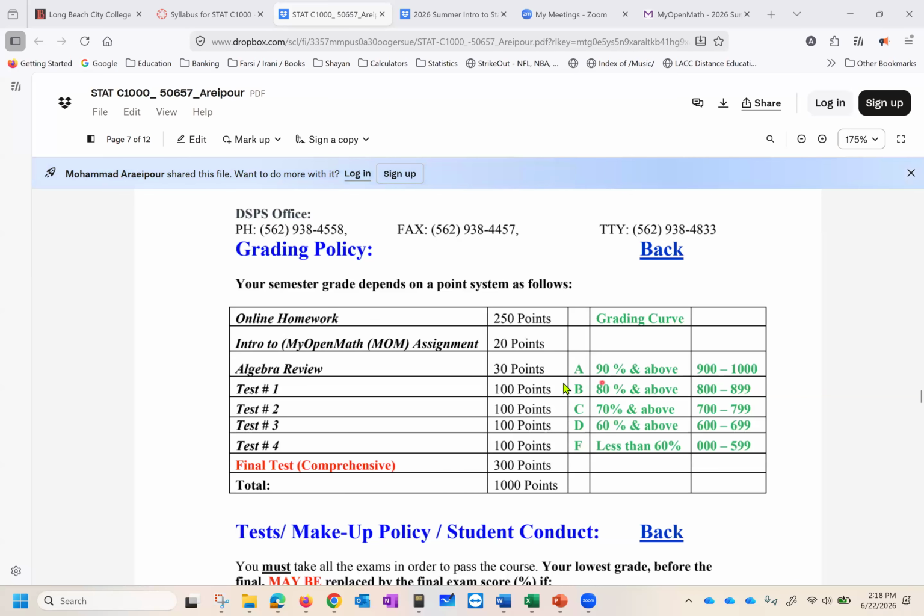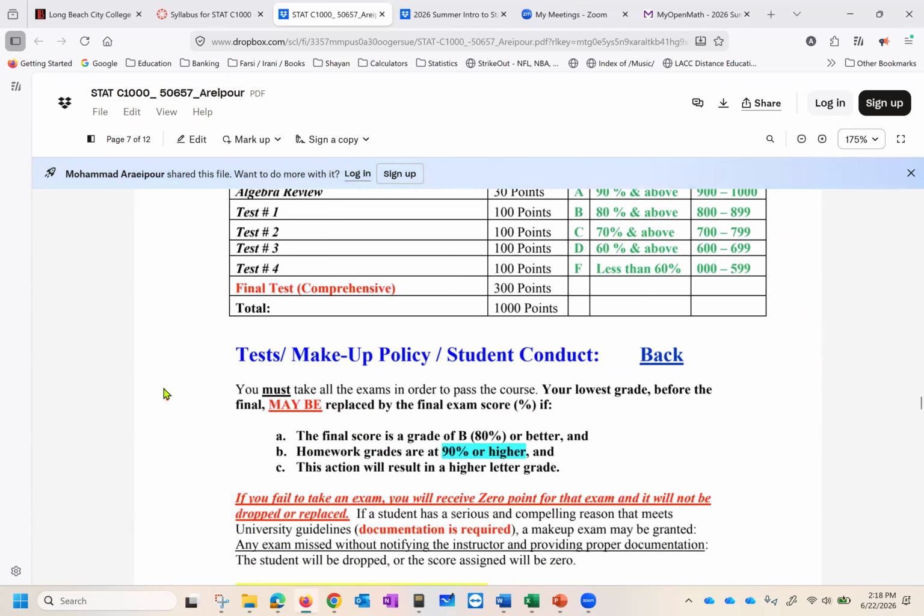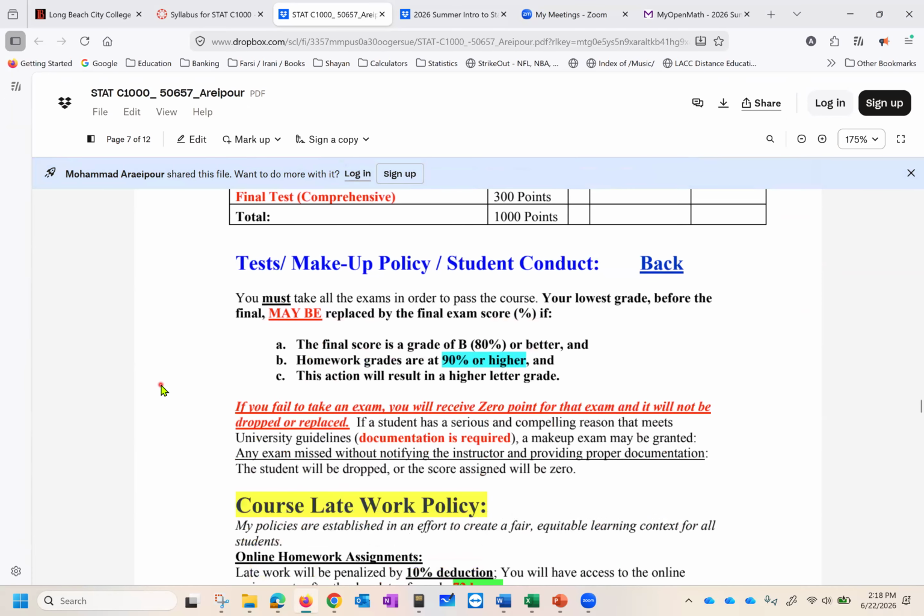It's very straightforward, everybody. Point system at any given time, at any given point, you can figure out how many points you have. There is no makeup policy because you receive an email and you have the entire week to take the exam. You don't have to wait until the day that you have to take the exam. You can wait, you can take it as early as you want because it does have the password. And by any chance you want to take it even earlier, you can email me, I give you the password.